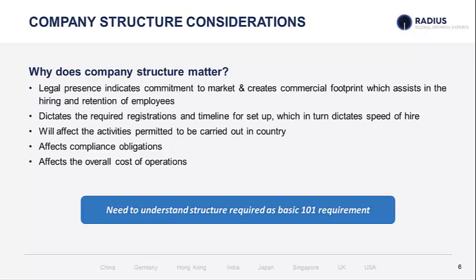So let's start with the company structure and what are some of the considerations there. So the first thing, why does it matter? Well, when you create a legal presence in a country, if that is what the employer wants to do, then it indicates a commitment to the market. It sends a signal to the market, especially the employees, if you're trying to hire them, that you as an employer are looking to create a commercial footprint, and you are potentially there for a longer period of time,